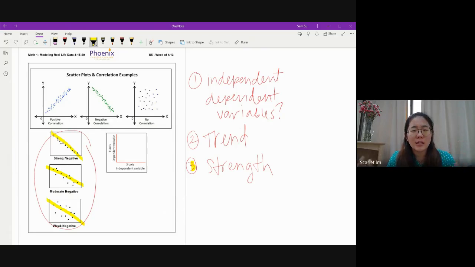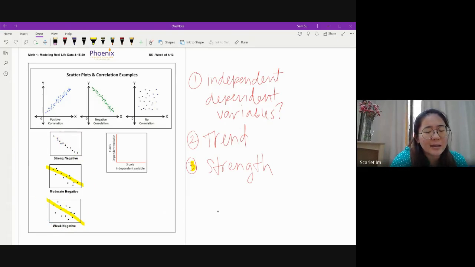When the data points are close together to form a line, so you notice how a lot of these dots are already inside the highlights, that's saying it's strong. Meaning whatever your X and Y are, it has a strong negative relationship. It means that there is a closer relationship between the two. When it's moderate, right, it's kind of more spread apart. And then when it's weak, it's spread apart completely. You can see all the data points here